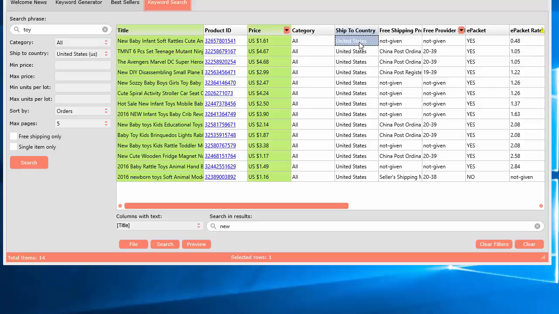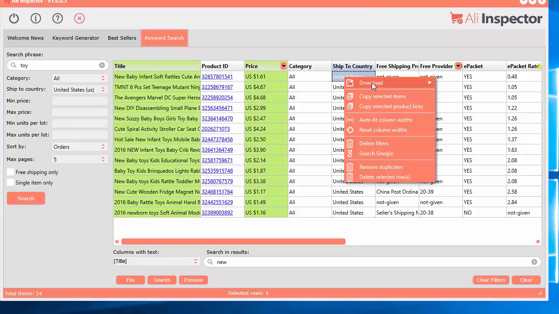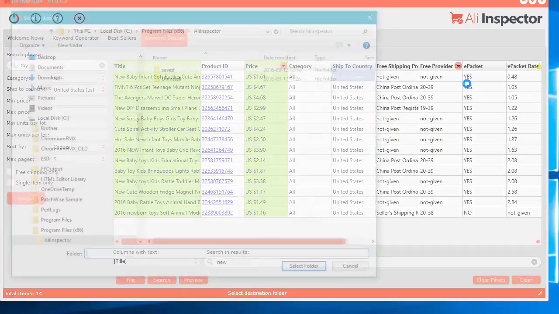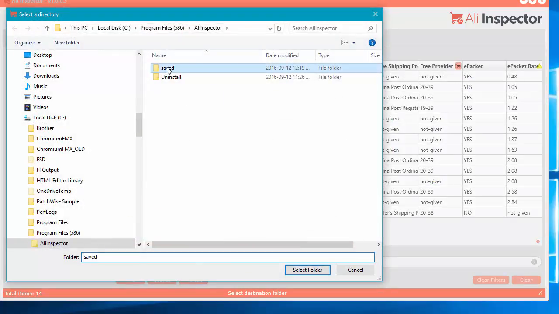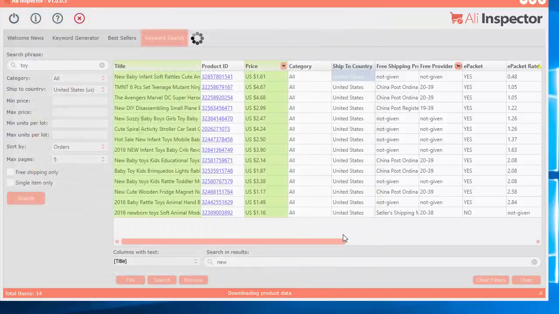Now, one really cool feature we have here as well. It's the same thing as with the bestseller tool. You can right click and you can download the product images and description, as well as the 50 best product reviews that you can import into your Shopify store. So let's go ahead and try this, the download product images and description. And I've created a folder here. I'm just going to go ahead and select that folder. And it's downloading the product data,